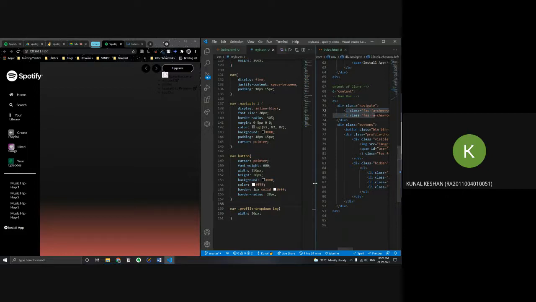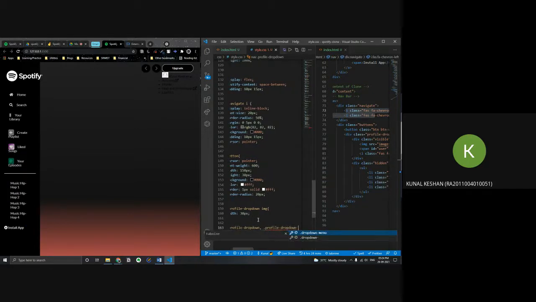Okay, let's continue. Next we have to style the profile button over here. You can see that since we gave it a div, it's all coming in the next line. We don't want that. So nav dot profile drop down and dot visible.